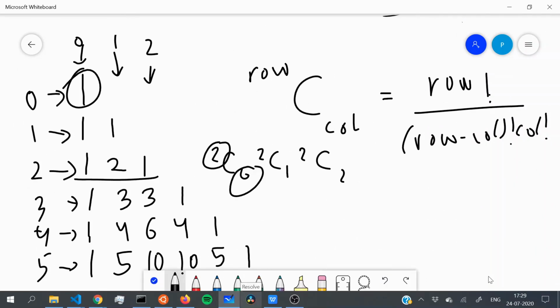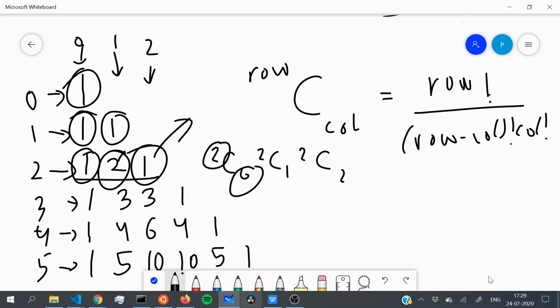It turns out that we can actually calculate this number, or the next column, by just looking at the previous column, and this stands true for every row. Like if we wanted to calculate this value over here, all we have to know is this value. And for this value, all we need to know is this value. And this value, as we know, will always be 1, as column 0 is always equal to 1.